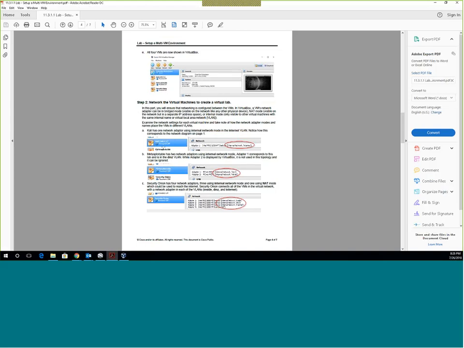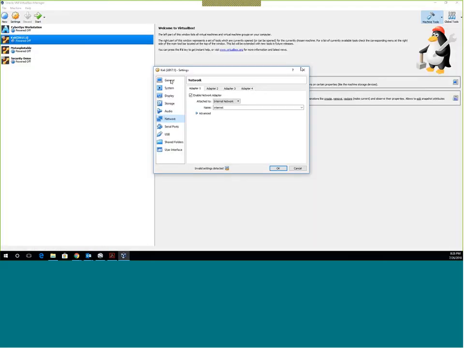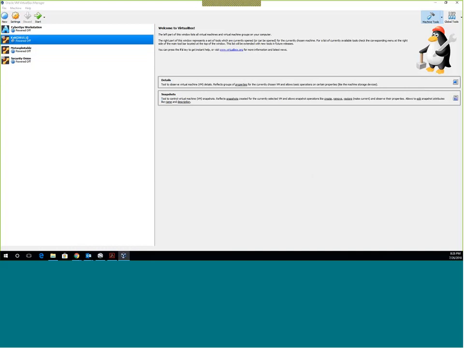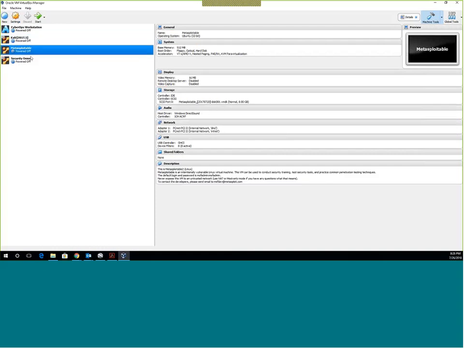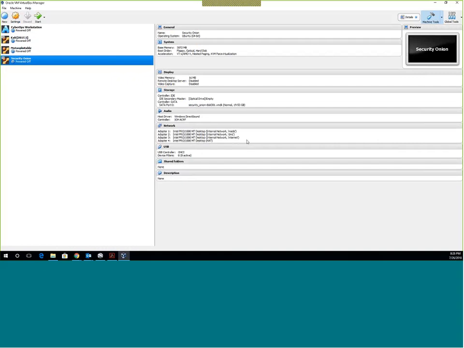Okay, so the Kali Linux is connected to the internet. Now I actually open up their settings instead of just clicking on the panel, but either way, you can do it however you want. So you can do details here and look at it. So the Kali Linux is connected to the internet. You do the Metasploitable, and you see the Metasploitable is on the DMZ and the internet, but that one is not used, so that one's actually ignored right now. And then the Security Onion has an inside, DMZ, and internet.